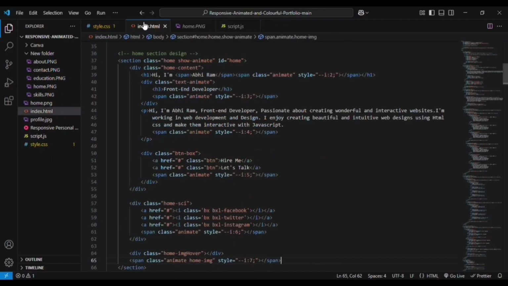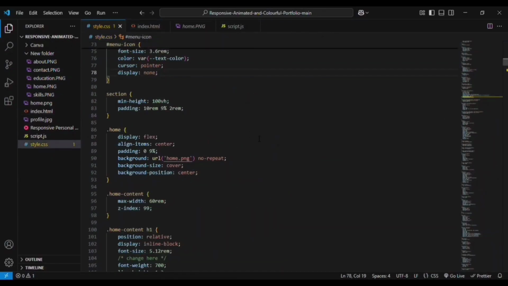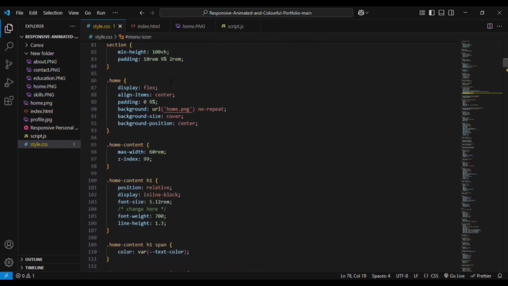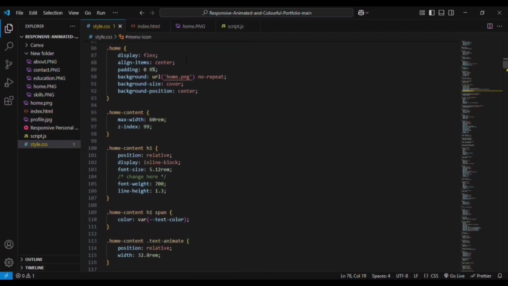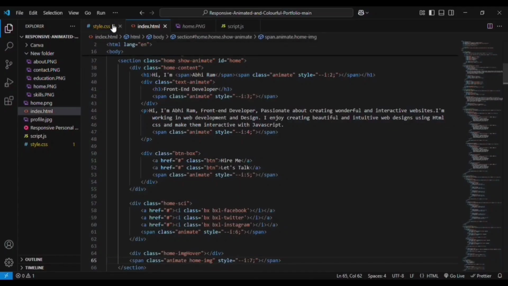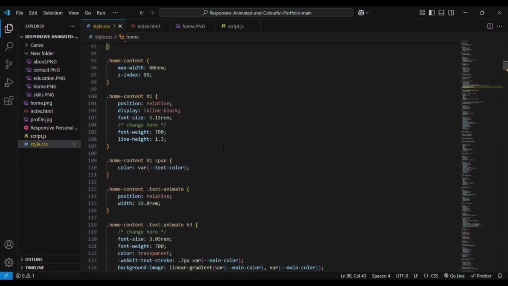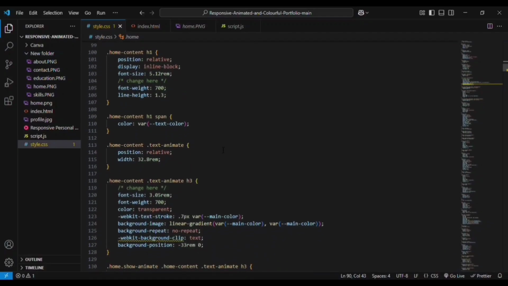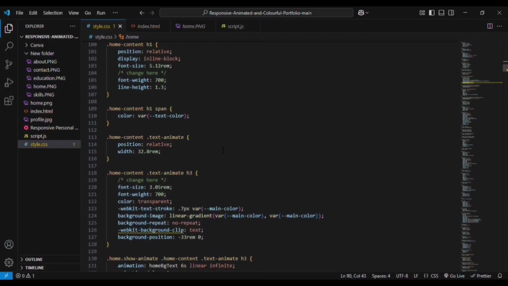Then the section starts. For the section we are adding minimum height and padding is given. For the home section I'm adding display flex, align items is center, and I'm adding the background image using the URL. And you can see the background image. This is the background image that I've added. Then we can go to the home content. Maximum width is given, z-index, and for the h1 element we are adding the position and